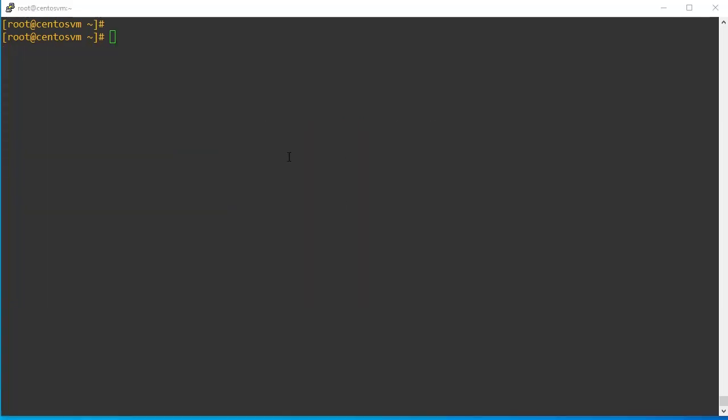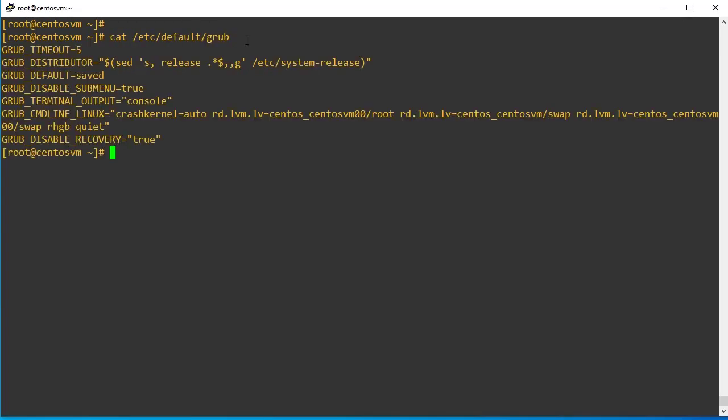Before starting the technical session, we want to know about three important configuration files. One is the /etc/default/grub file. In this file there is an entry called GRUB_DEFAULT=saved, which instructs the bootloader to boot the system with whatever kernel entry is saved in the grub environment file.